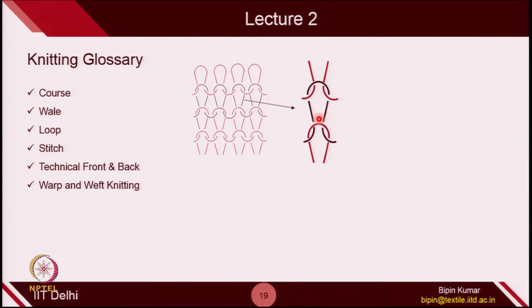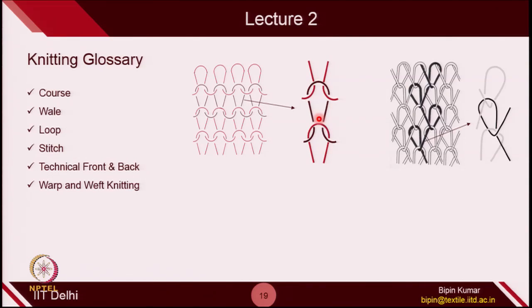We also learned about warp and weft knitting. In weft knitting, the movement of yarn is from left to right or right to left, which we call the weft direction, and in warp knitting the movement of yarn is along the length direction of the fabric, which looks like a warp direction. So, that is why it is called warp knitting. Fundamentally, the loop networks in weft knitting and warp knitting are completely different because of the nature of intermeshing. In weft knitting, loops are connected along the rows, but in warp knitting, each loop is connected with the course below and the course above. So, that is why they look completely different.